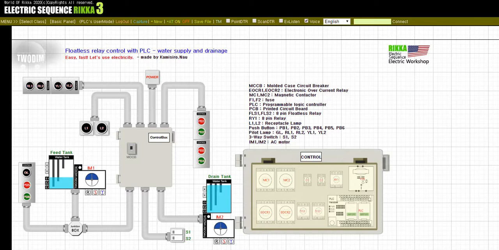In this example, you will learn about limit switch and timer operation. Hello. Understand the electrical sequence configuration given in the screen configuration and the behavior of the various electrical equipment inside